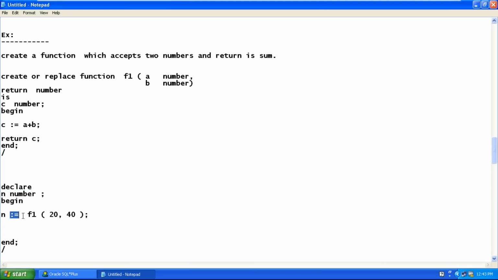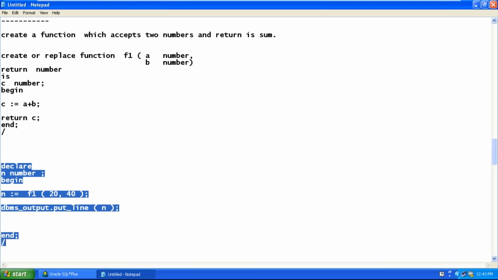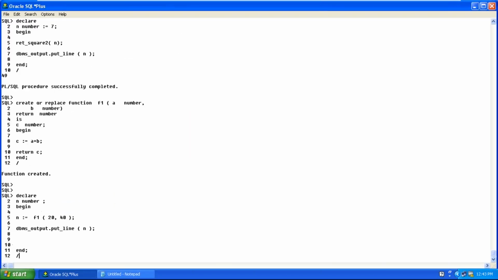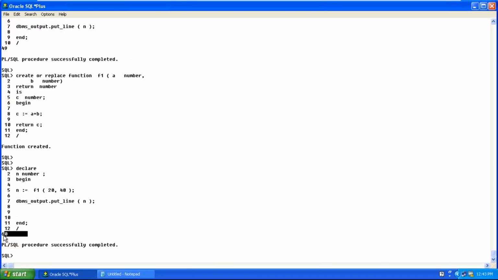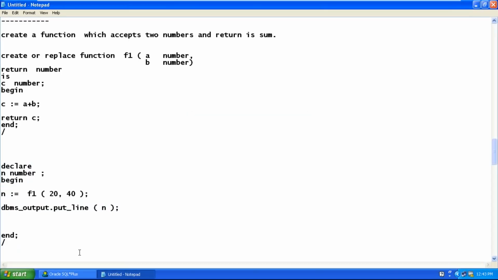Using colon equal to, I am catching the value returned by the function and printing the value. Got it? Like this.